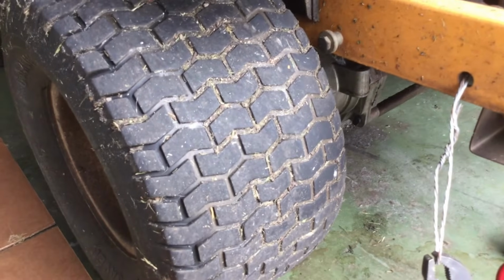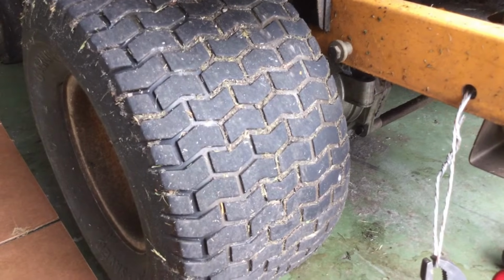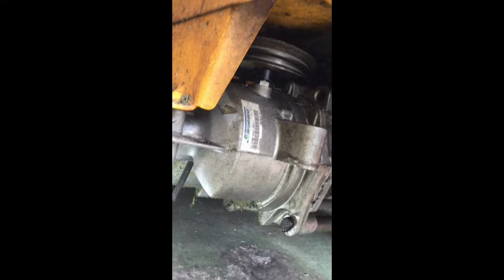You're going to have to remove that spring. So there's a great trick on how to do that. It took me all of 3 seconds once I had the wire all rigged up. All right, so the next thing, once the linkage arm is